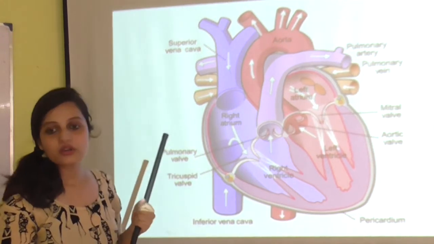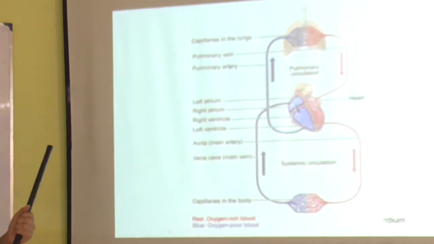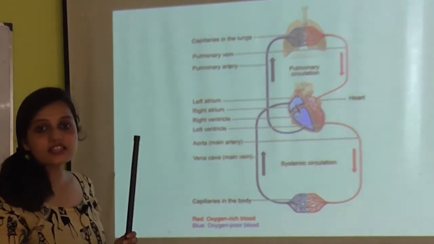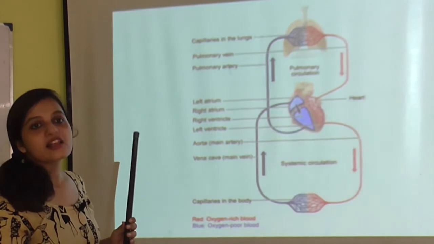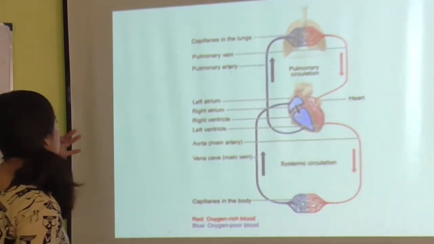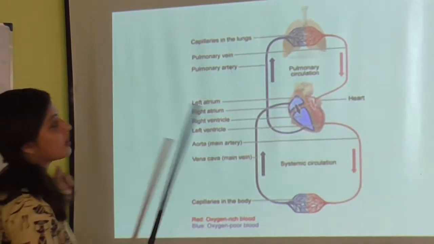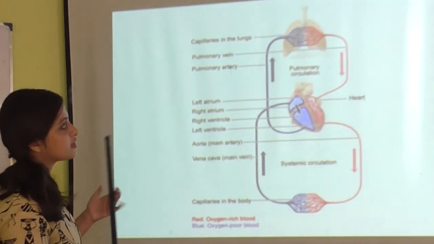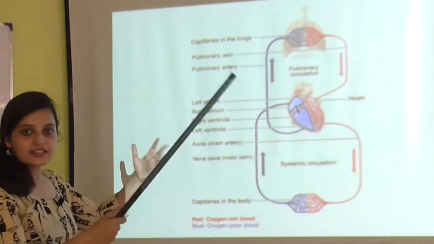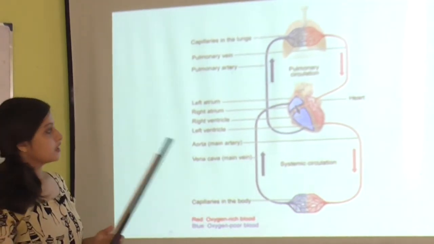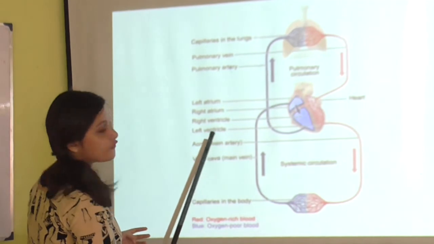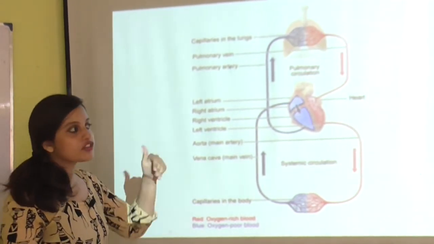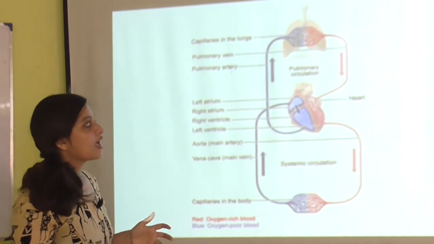Okay. So next we are going to study another interesting topic that is known as double circulation. Humans have this particular thing known as double circulation. So what is double circulation? See, as you have earlier studied, blood is coming from the vena cavas, superior or inferior. So after coming from the vena cavas, what happens?